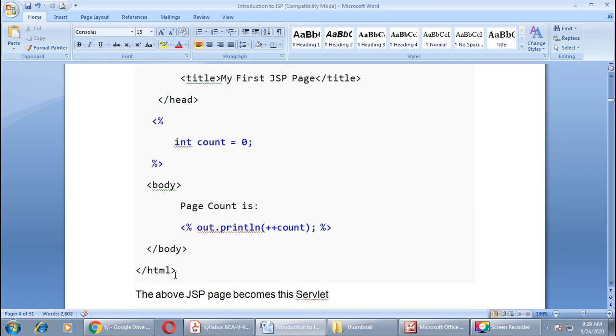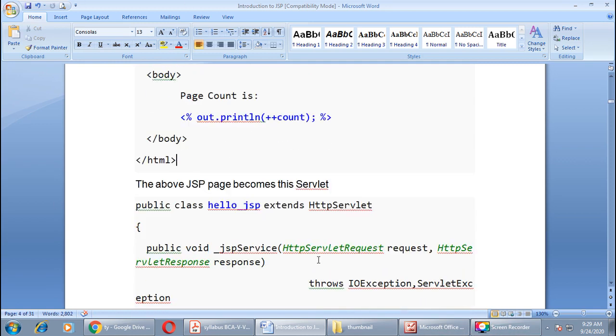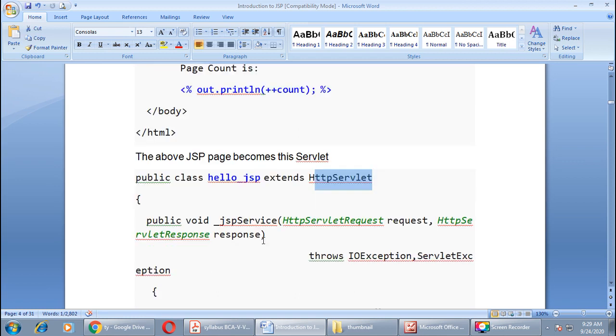You can even do this coding through your servlet, as we have learned in our previous sessions, previous chapter, previous unit, right? We can create one public class which can extend HttpServlet, and it has one service method.